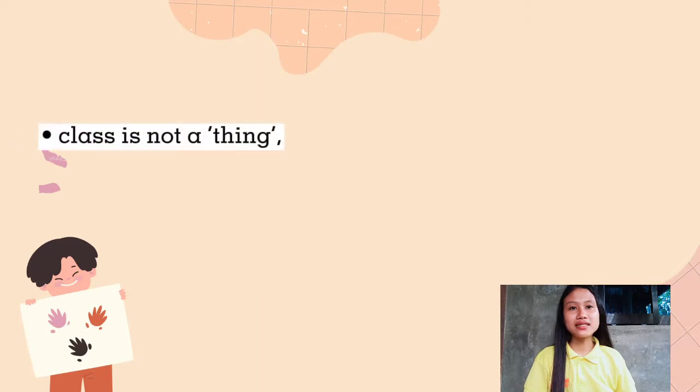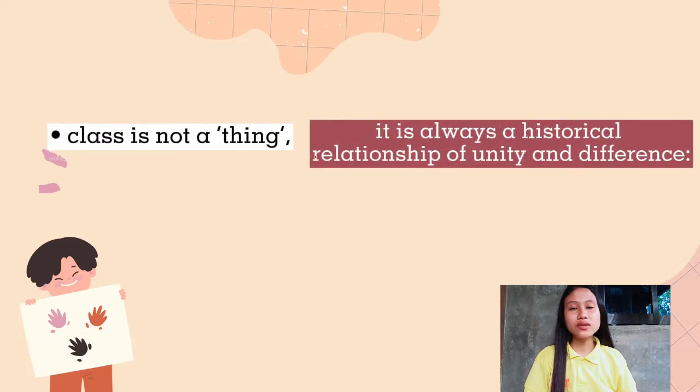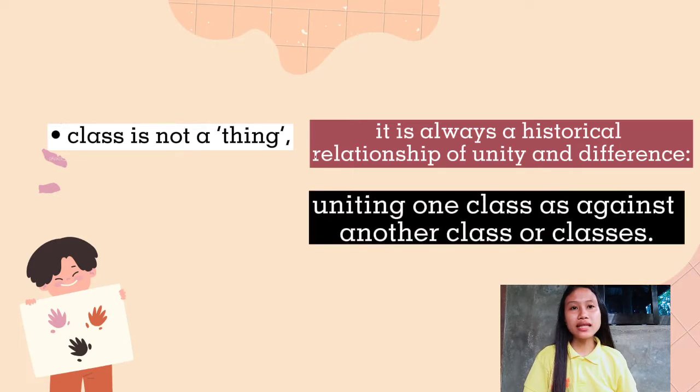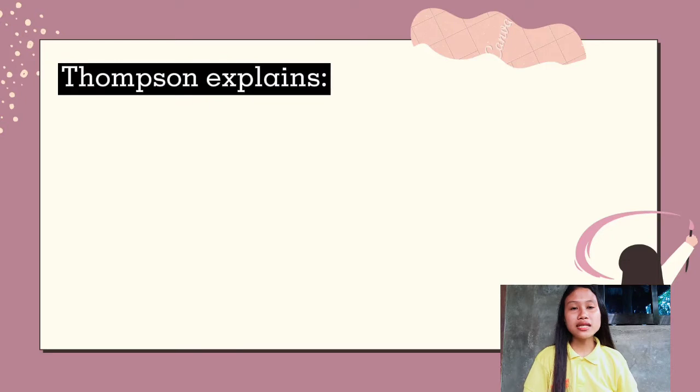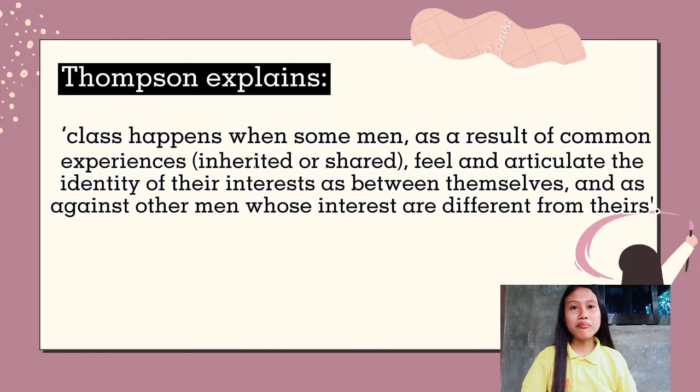Moreover, class is not a thing. It is always a historical relationship of unity and difference, uniting one class as against another class or classes. As Thompson explains, class happens when some men, as a result of common experiences, inherited or shared, feel and articulate